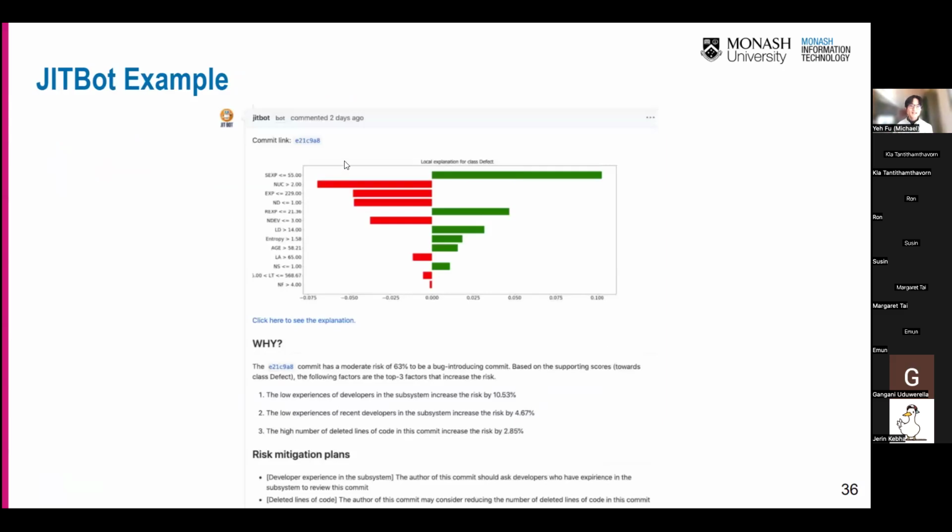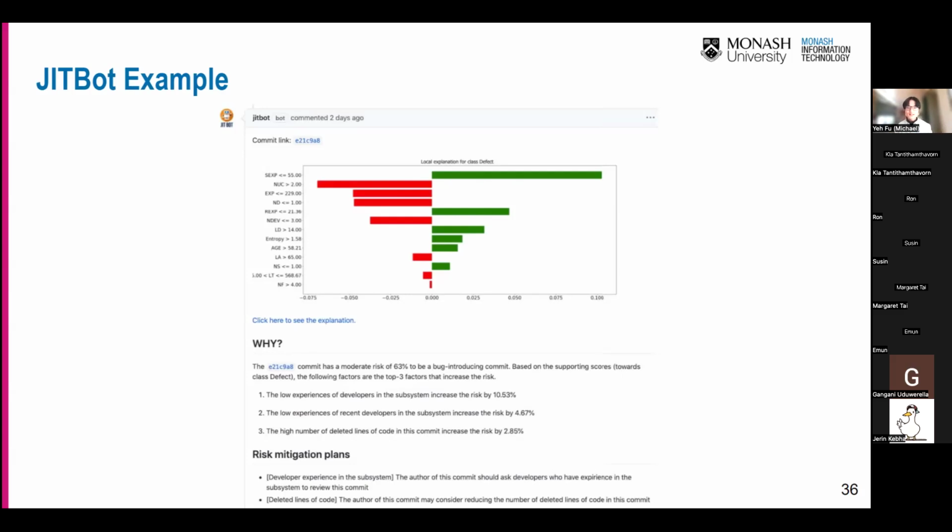So here's an example of a prediction generated by JIT-bot, right? Let's look into it. It provides a summary chart over here. It's quite technical, so let's just look at the Why section over here. It detects that this commit has a risk of 60% of being a bug-introducing commit. The reason is the low experience of the developer, the low experience of recent developers in the subsystem, and the high number of deleted lines in this commit.